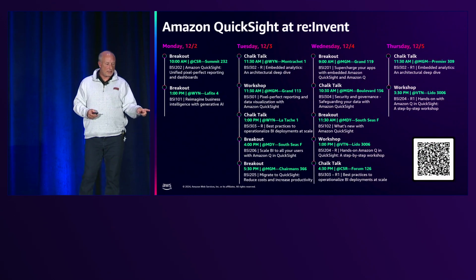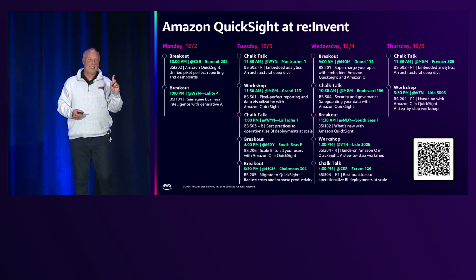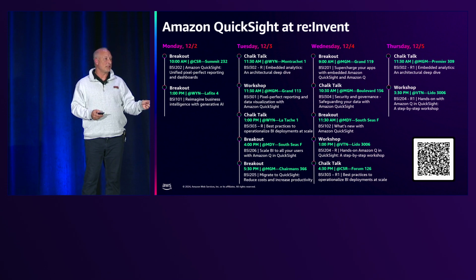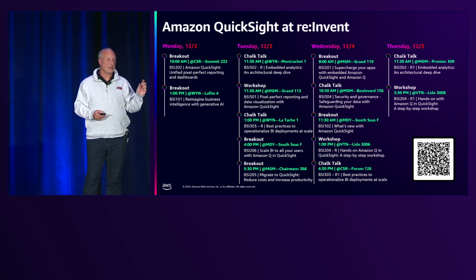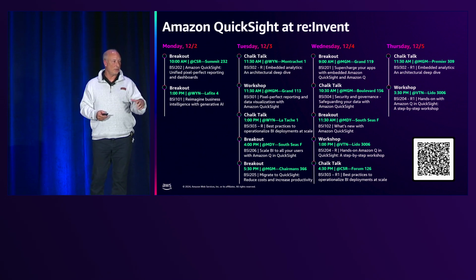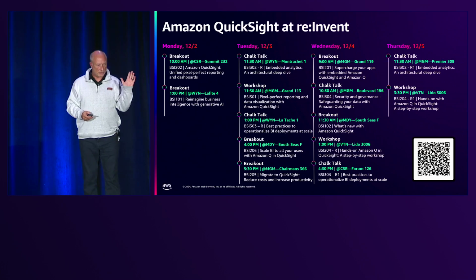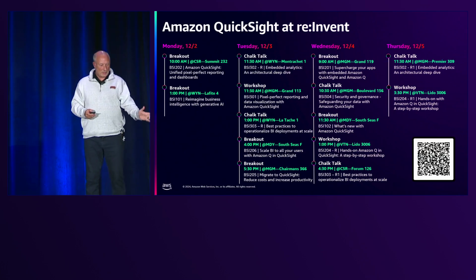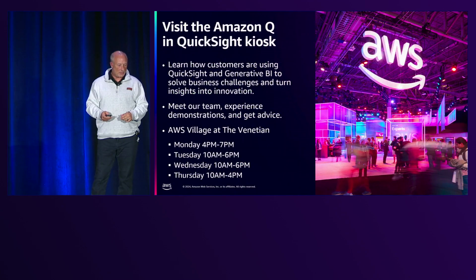The other thing to highlight, these are the sessions that are coming up. The one thing that I want to make sure you do, if you do nothing else, go to Swami's keynote tomorrow. There will be a big, significant thing around QuickSight. I will just give you a teaser. It's a different way of doing data analysis through Gen AI. And so go to that. I suspect it'll kind of blow your mind a little bit, and then there'll be a session announced after that where we'll do a deep dive on it. So trust me, it'll be worth the time of that along with the other sessions that you have there.